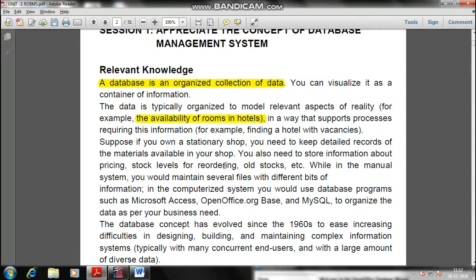You ask the reception, or you make a query about how many rooms are vacant and how many are engaged. So you have the database literally shown on your screen, and that helps you find suitable available rooms for your family and friends. So that data is basically coming from the database and is shown in real terms.